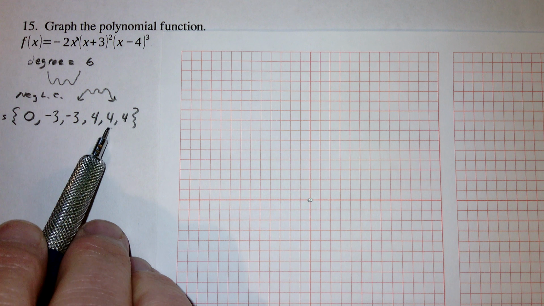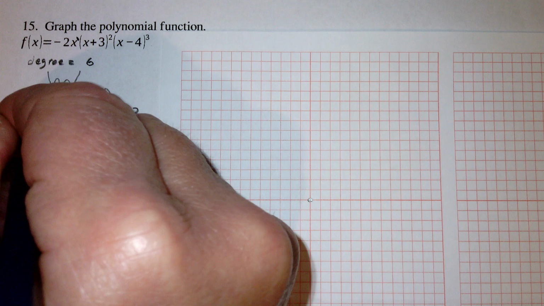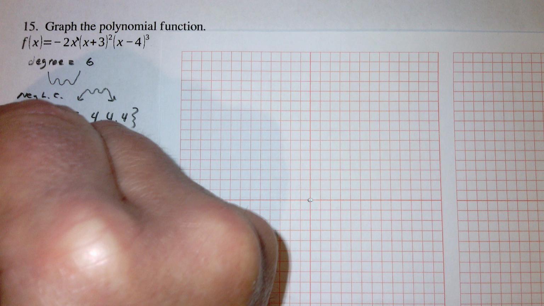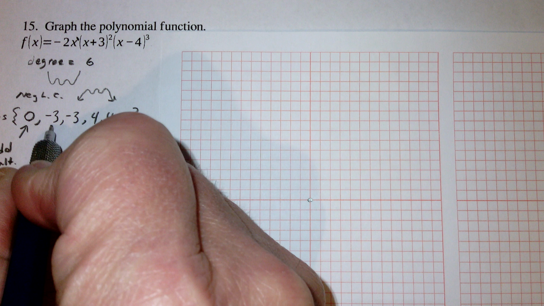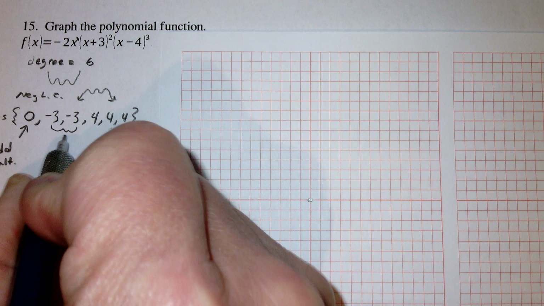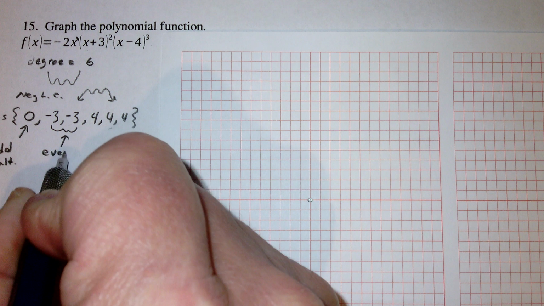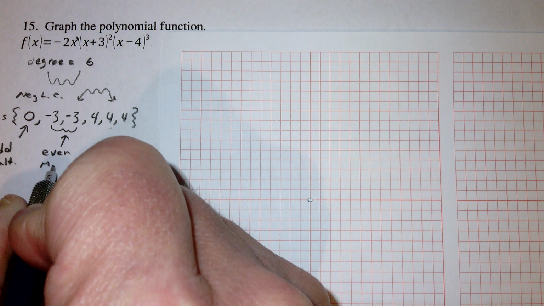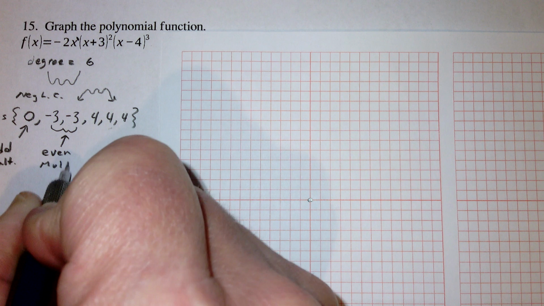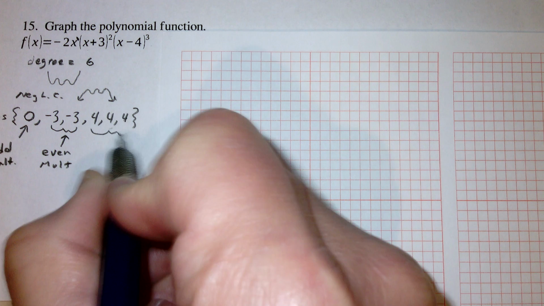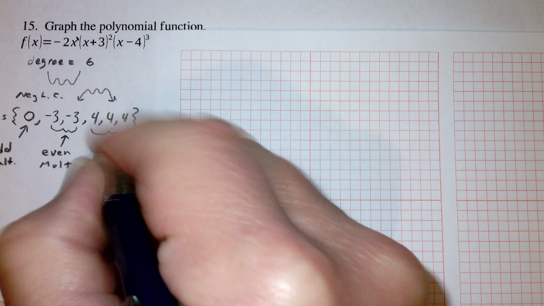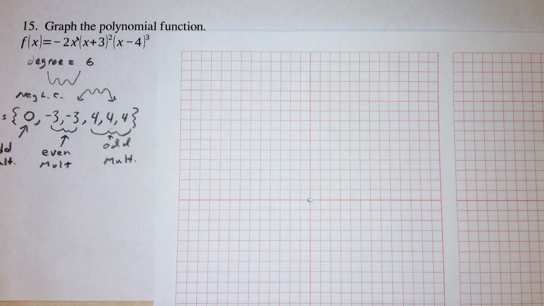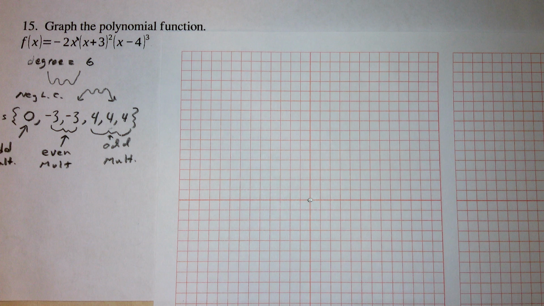Okay, there's an odd multiplicity at 0. There's an even multiplicity, and then again there's an odd multiplicity at 4. And if you remember the rule,